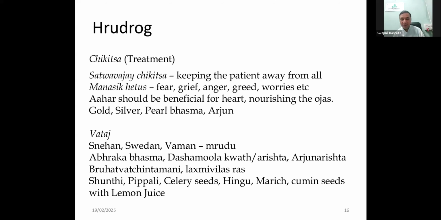When there is involvement of the mind in the disease formation or in the signs and symptoms, if you see that psychological disturbance is there, reassurance to the patient is important. This is more important when it is a serious type of illness related to the heart, related to the brain, various cancers, or even Rajayakshma.